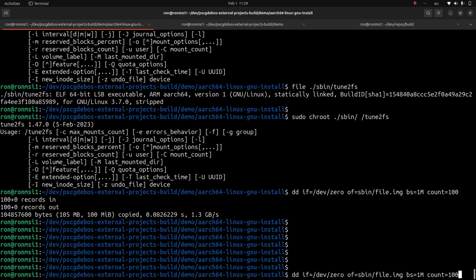So we'll start with actually making a file system out of it, and we'll do it also within the chroot. And instead of tune2fs, we're going to do mkfs.ext for it. We'll use whatever default it has, and we'll use file.image. Okay,